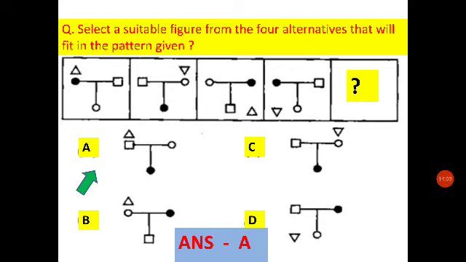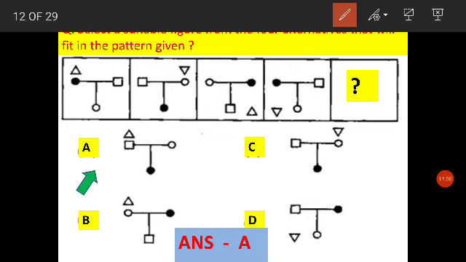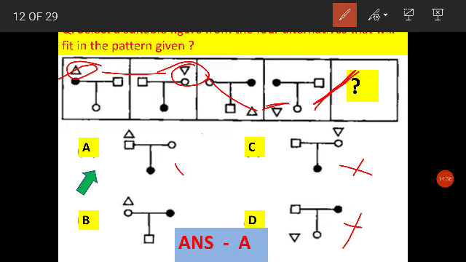Now there are 2-3 ways of doing this. One is you mark the position of, say, this triangle. This triangle is here, it is here. Now from here it has gone here, and then again it has come here. So from here the triangle should logically go here. When the triangle goes here, this is out, this is out, this is possible, this is also possible.